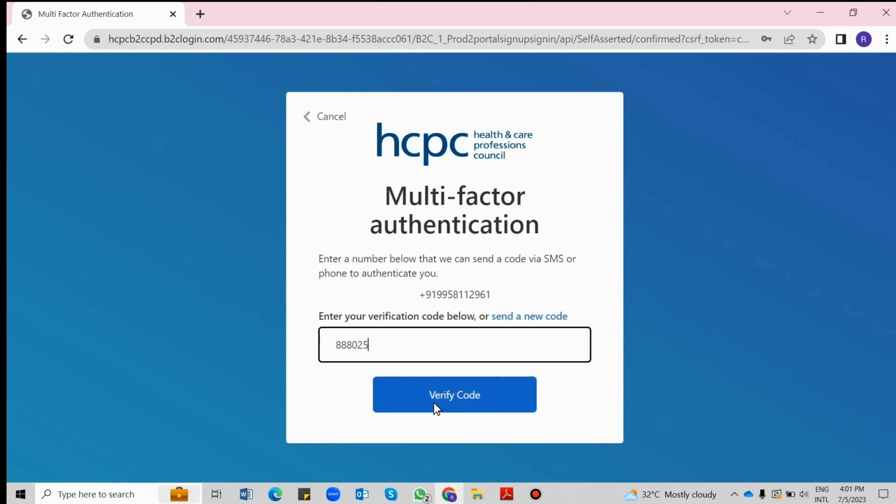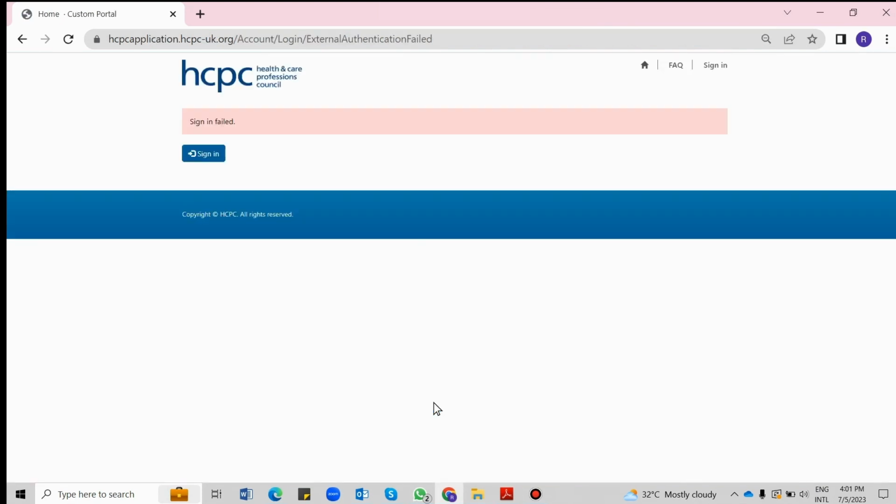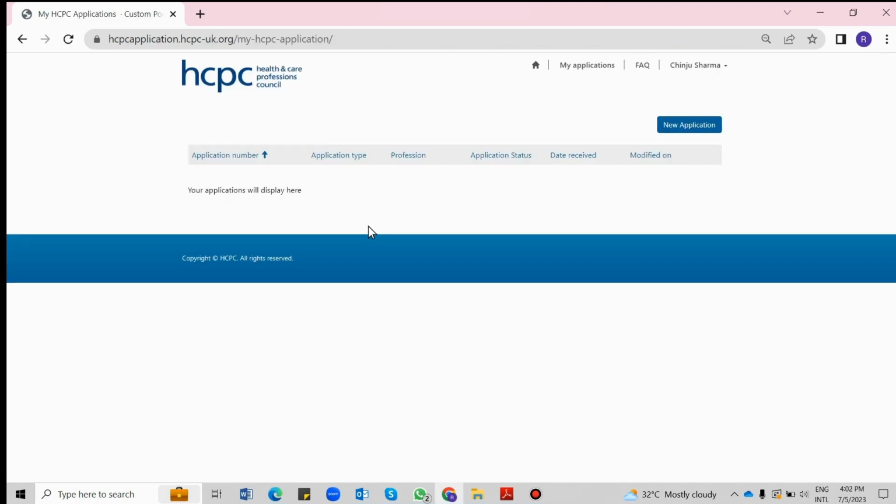Now I'm clicking on verify code. Okay, so the account is created and now we need to sign in. Okay, so now we have signed in.